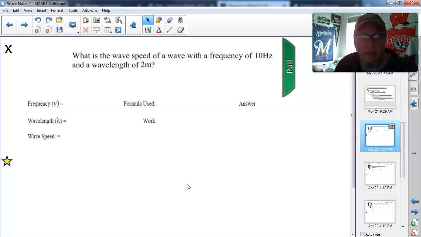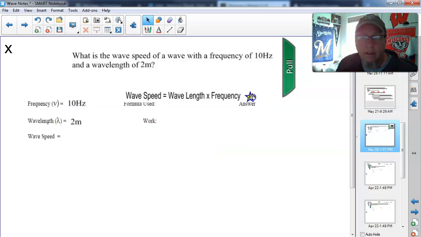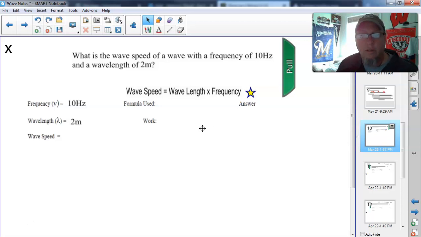What is the speed of a wave? So I'm looking for wave speed. That has a frequency of 10 hertz. There's that unit of hertz. Frequency of 10 hertz. And a wavelength of 2 meters. So the wavelength is 2 meters. I'm looking for wave speed. Well, I got a formula for that. The formula for wave is the wave speed is the wavelength times the frequency. So that just simply means I need to take the wavelength, 2,